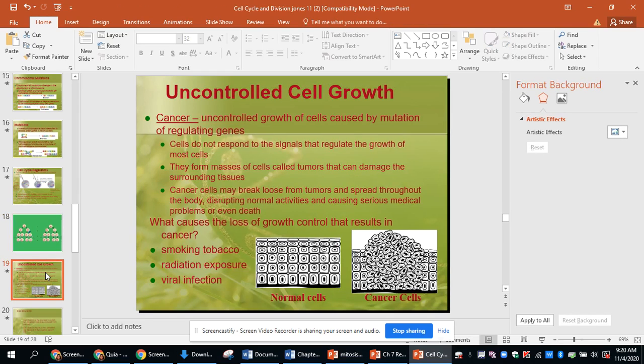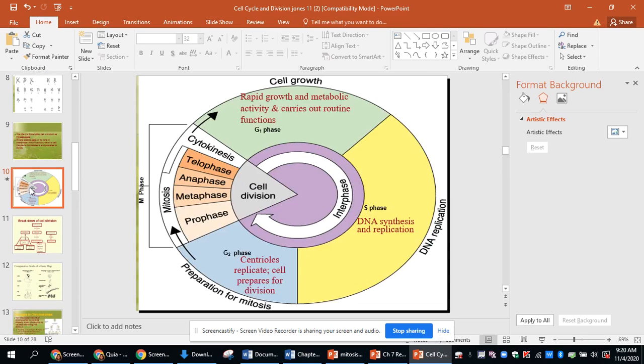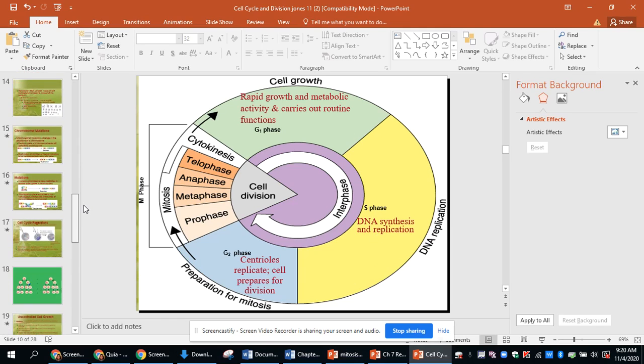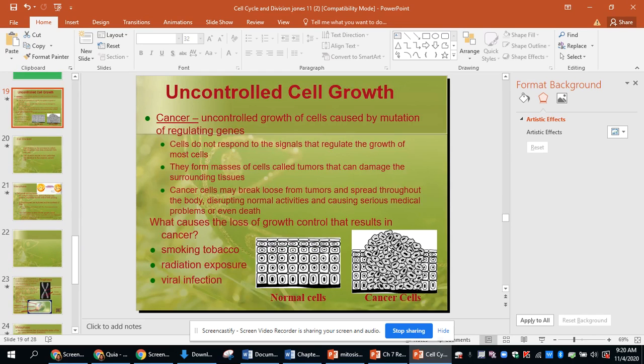Cancer is uncontrolled cell growth. When we look at how cells go through the cell cycle, sometimes the regulators, or the proteins that tell it when to start and stop, are not working correctly. This can cause a cell to divide over and over again beyond what it needs to. And this is what causes tumors or cancer cells. Sometimes this is genetic, and sometimes it's because of radiation or exposure